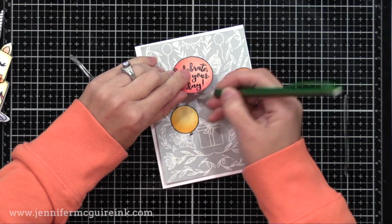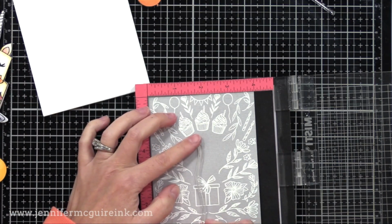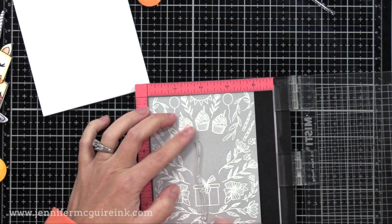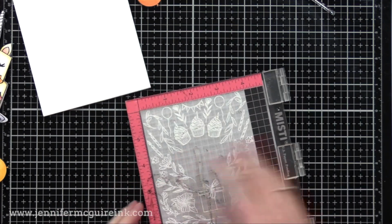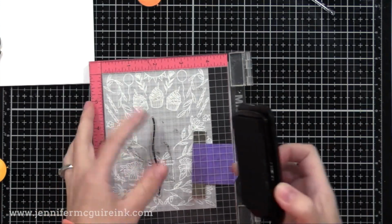So I'm putting a little pencil mark there, so I know where to stamp the strings onto the background. I'm stamping with black ink right on top of this, and you can see how I'm lining up the string with that dot. The string image is a little too long, so I have it stamping above the dot, but the balloon will